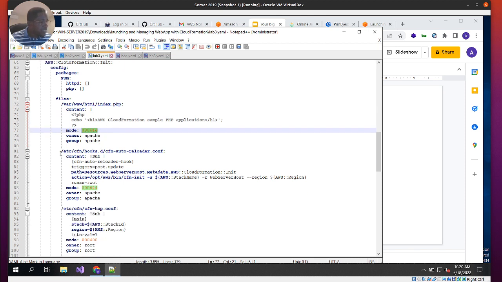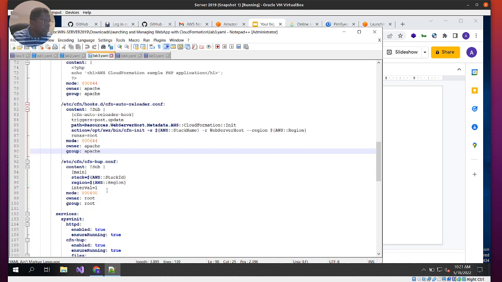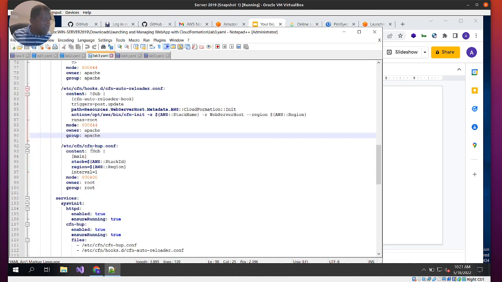Then also we're setting the etc configuration hooks, the D file, and in here auto reloader, trigger on post. Then we're setting the path resource, also initializing CloudFormation there. Now for this context, we're running as root, so we can have the full-fledged permission, but again we're setting the mode 644 for the owner Apache and Apache here. Then also in the etc configuration hub file, we're also doing a bit of